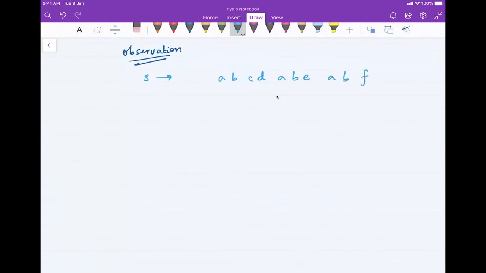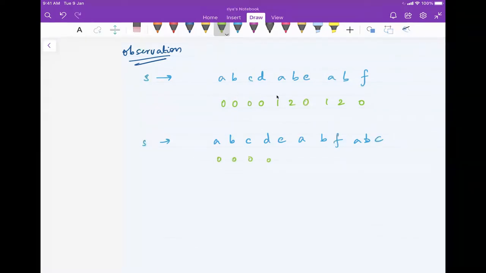and ABF. So for this, we know that the LPS array looks something like this, right? And let's say for this string, the LPS array looks A, B, C, D, E, A, B, F, A, B, C. So now for this, it looks like 0, 0, 0, 0, 0, 1, 2, 0, 1, 2, 3, right? So now the common observation that should be made at this particular time, and one of the most important observations that should be made here is that you will see